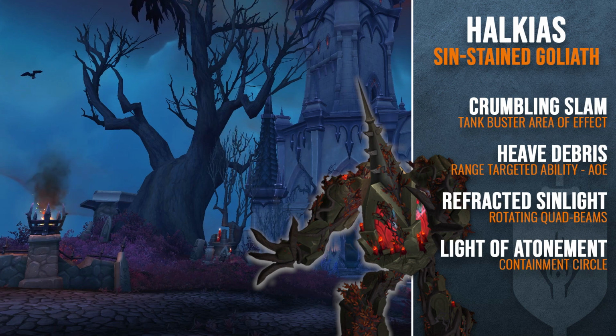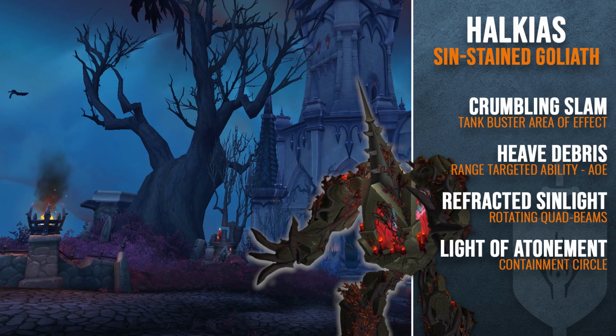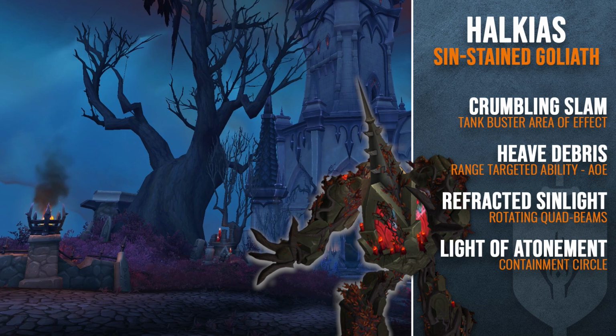Heavy Debris can actually be baited by range players. I'm going to show you how you can properly bait this as range or a healer. And Halkias will typically cast these alternating. So Crumbling Slam followed by a Heavy Debris, back to a Crumbling Slam, back to a Heavy Debris. You're going to get anywhere between 4 and 6 casts before he goes into an intermission, which is when he'll